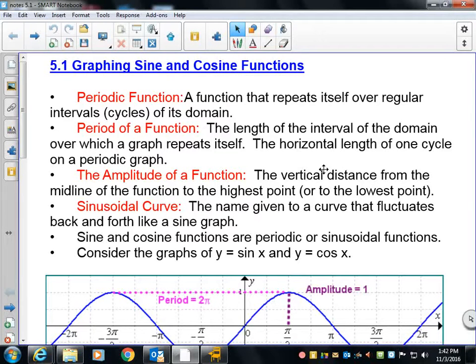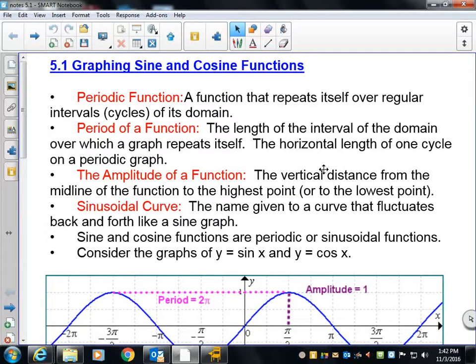But really, 5.1 is just graphing sine and cos. Sine and cos are very nice. They're a periodic function. What does that mean? It goes over and over and over and over again. So, can I tell you? Sine